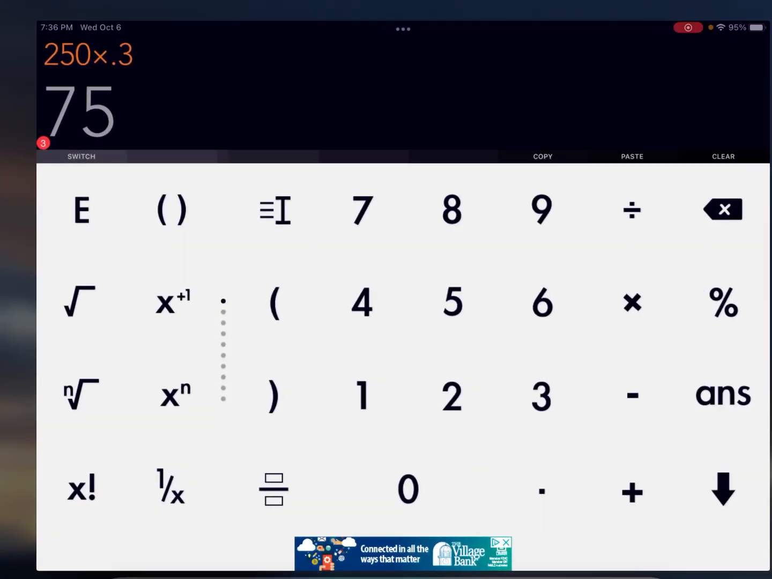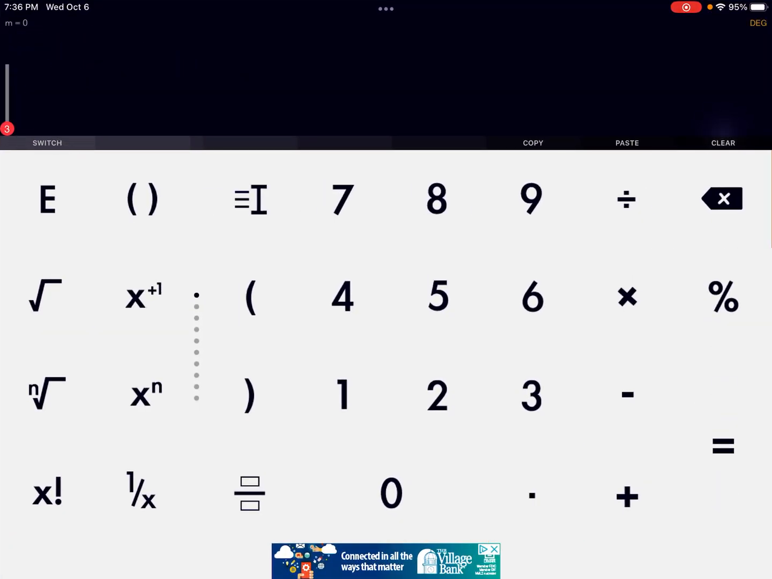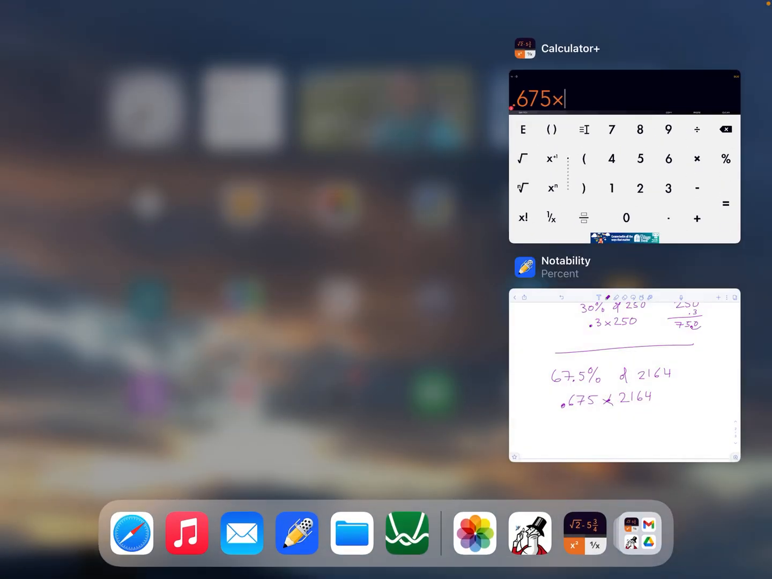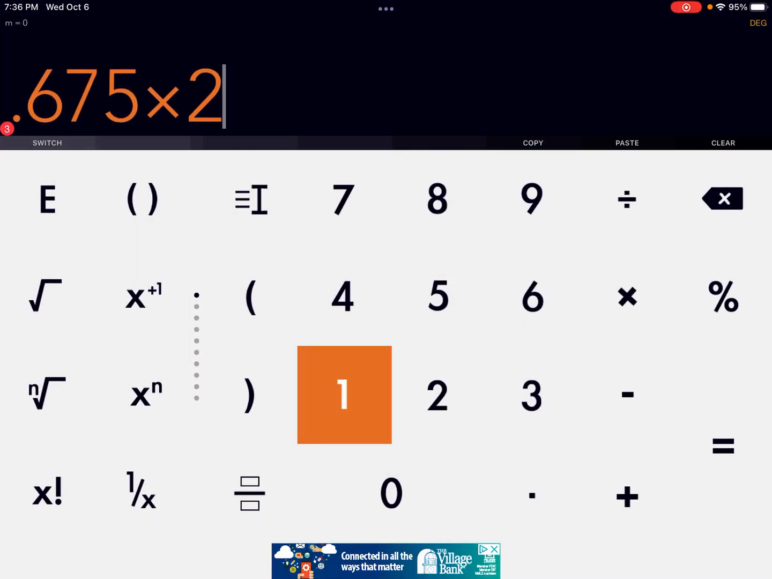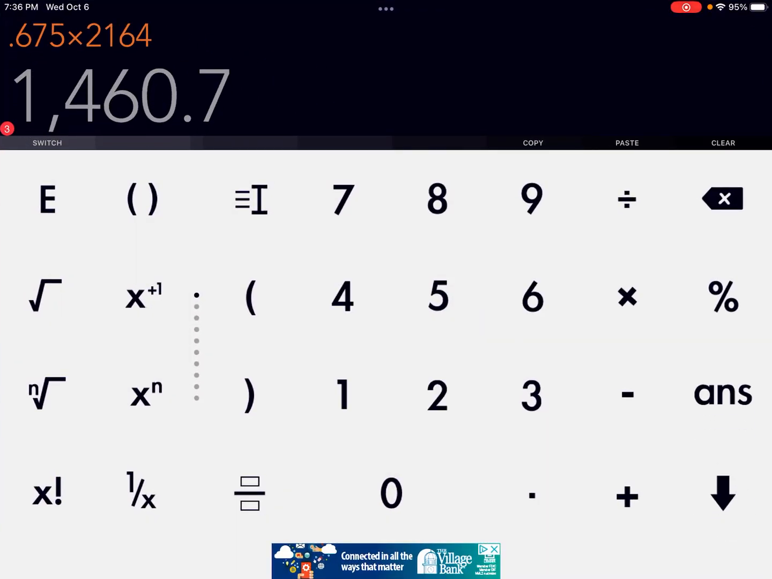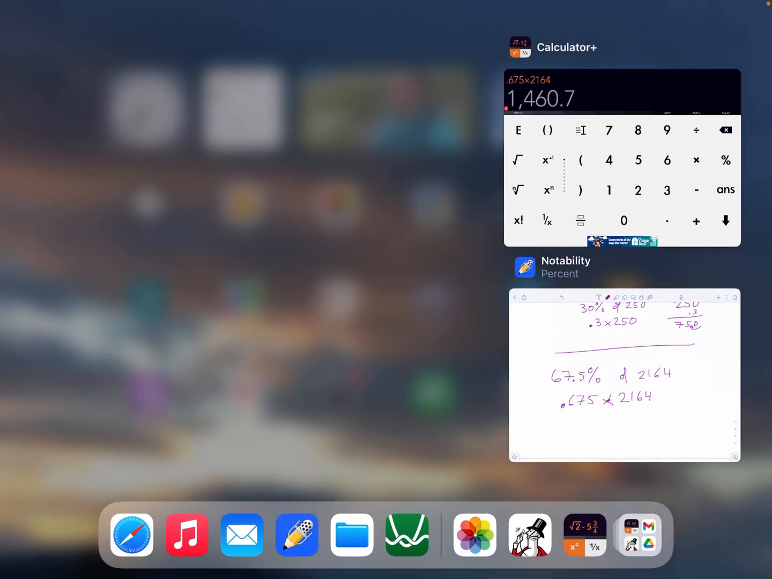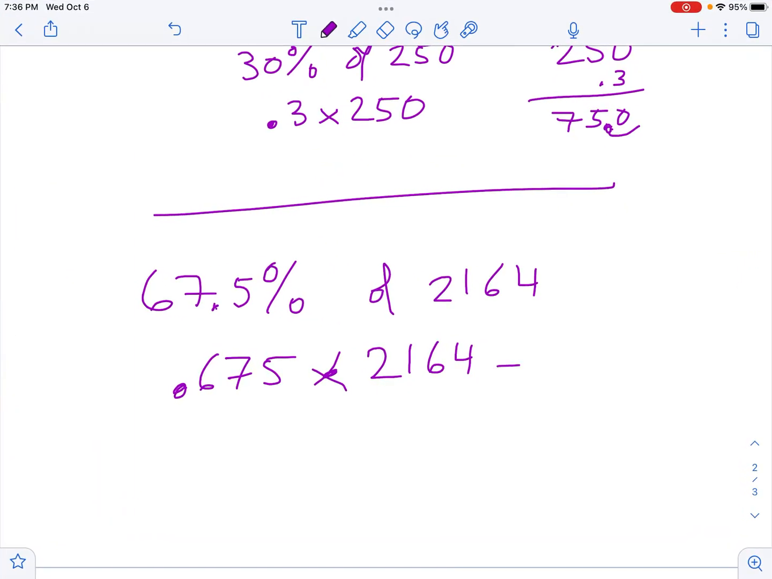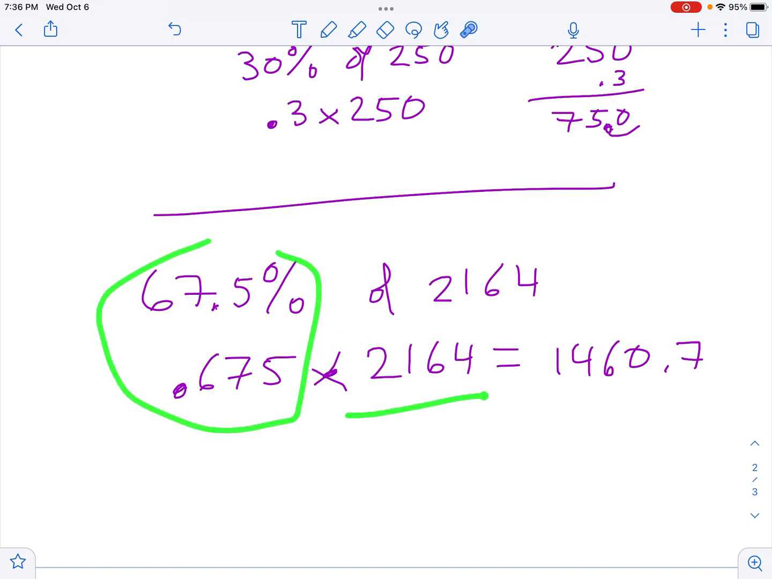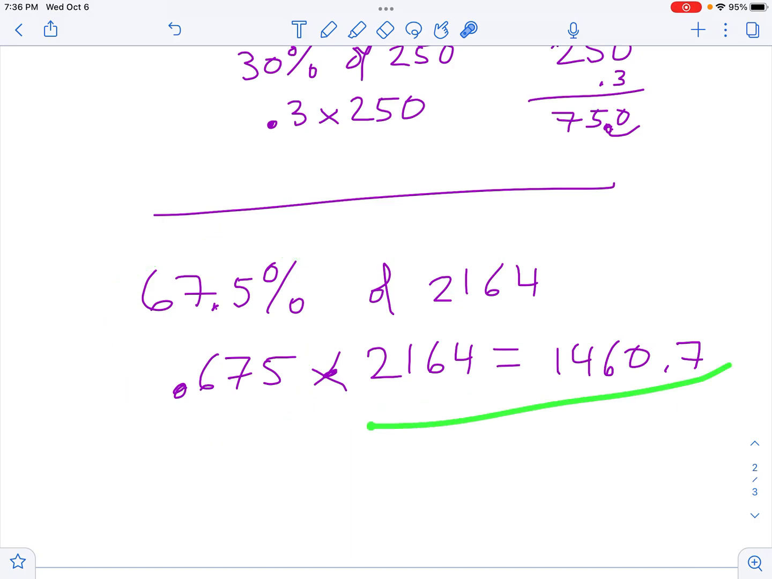So 0.675 times 2,164 gives me 1,460.7. So that's a way to use a calculator to find the percent of a number. So turn the number into a decimal, multiply, you get your result. And that's a very common way to use